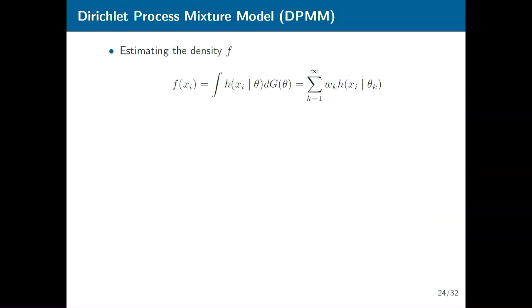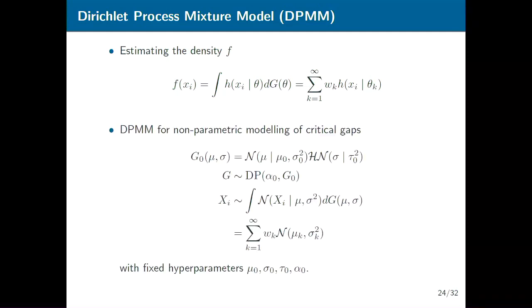But if you're not happy about it and you make further smoothness assumptions on your unknown distribution, and you want to estimate its density, then that's where you will convolve it with a continuous kernel, which I have denoted as H over here. It's usually chosen from some parametric family, which essentially results in a sort of infinite mixture model. It does lose the conjugacy property, so computation will be harder. Then that's what we'll do to non-parametrically model the critical gap distributions.